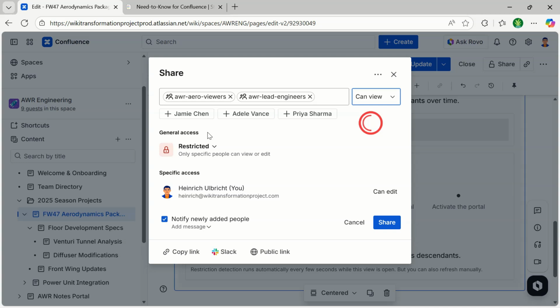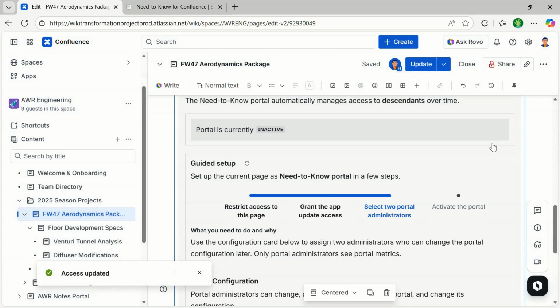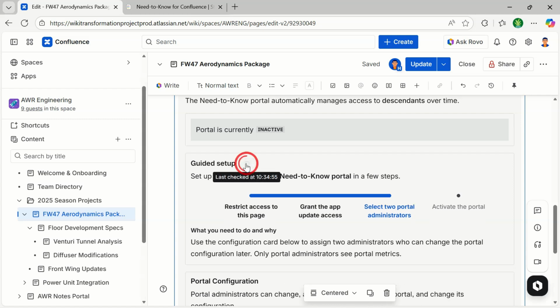Let's make that view only for now, and also add Jamie, our other test account here. We will use that later. Don't notify. Click Save. And now the page is restricted to this set of groups and users you configured here using this share button. And the guided setup regularly checks if you completed this step. You can also click this button here to recheck, and it jumped to the next step,